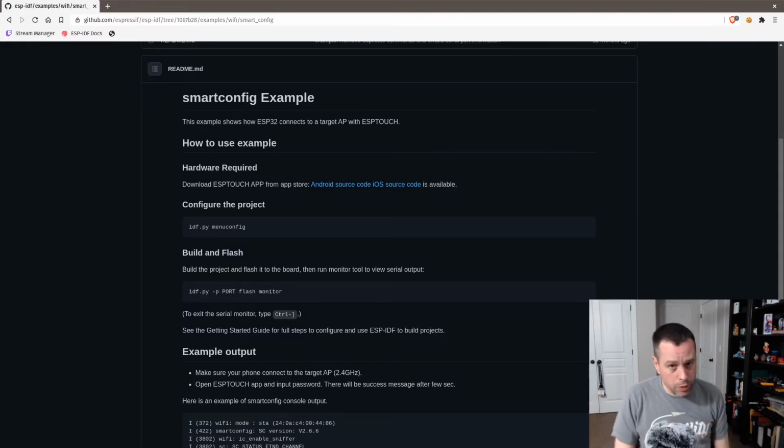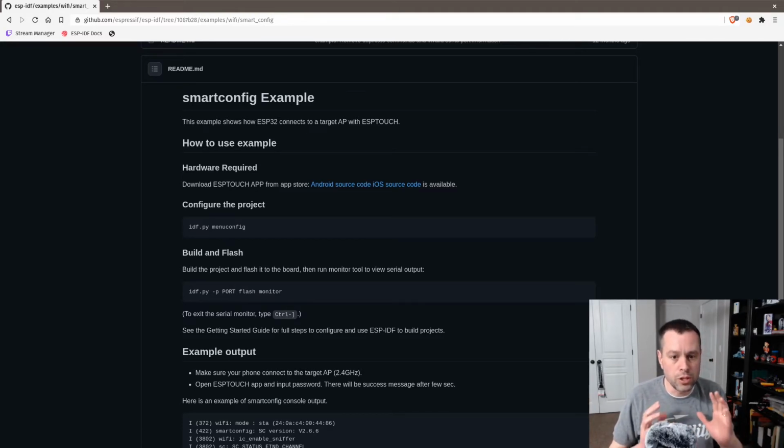So what we're going to do today in the stream, hopefully, is we're going to test SmartConfig. In the previous streams, we did SoftAP as well as BLE. Both of them work very well with the out-of-box Espressif apps. Now we're going to do SmartConfig using this, again, very clever way of using network